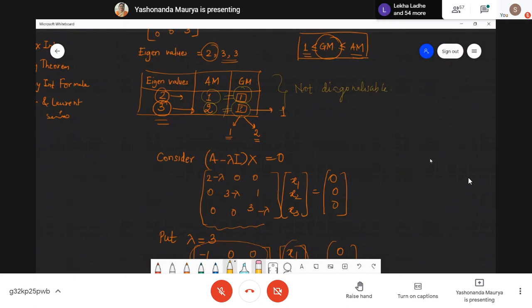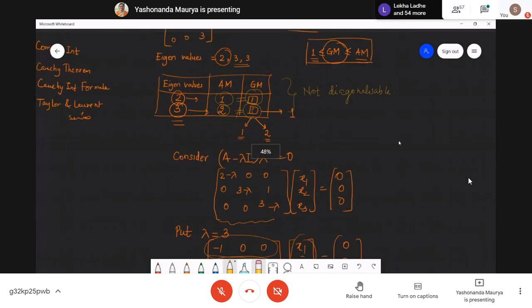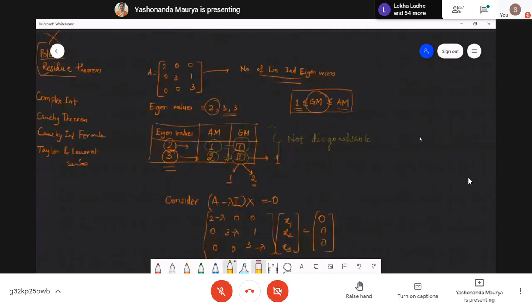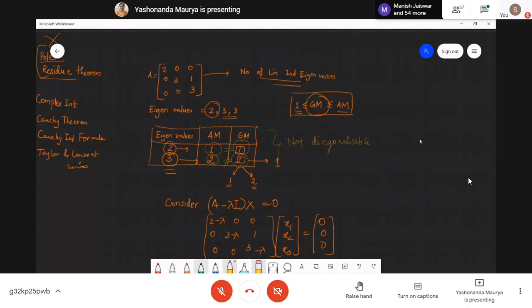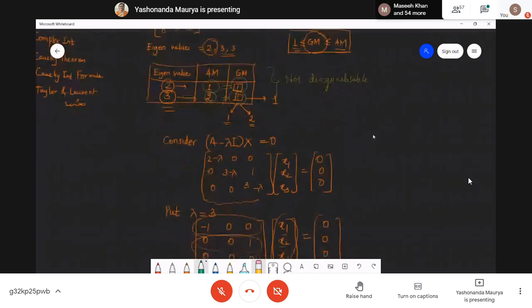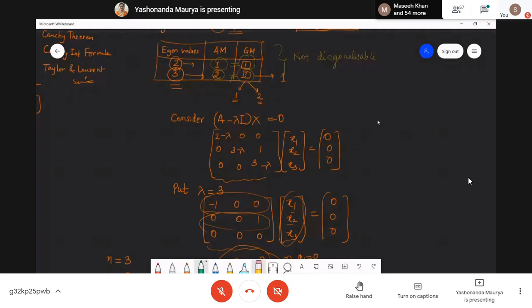Okay, now I'll give you an example of one more question. So now मैं बस इसी question में एक ही change करने वाली हूँ, ठीक है? Instead of this 1, if I make it as 0, then see what is going to happen. Okay, यहाँ कुछ भी नहीं बदलेगा. देखो यहाँ तक nothing is changing. This entry will change now. It will be 0. Okay, and here also this will be 0.